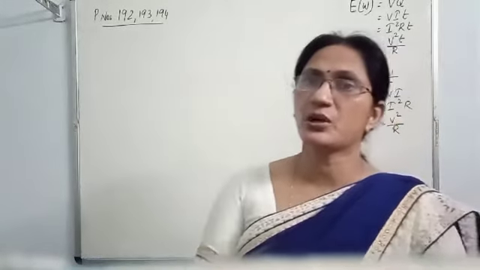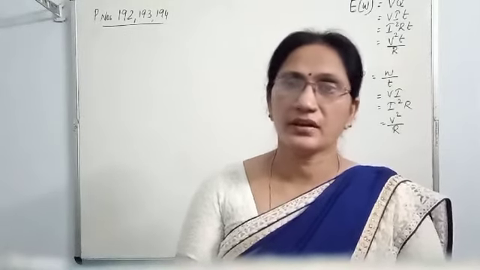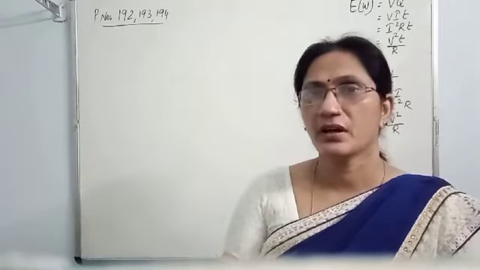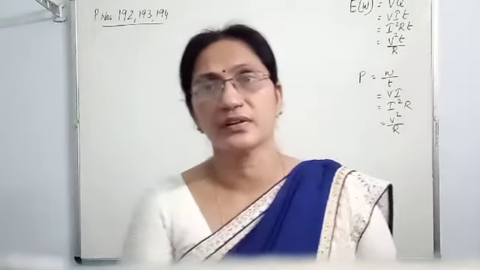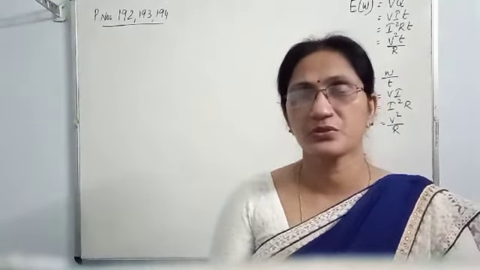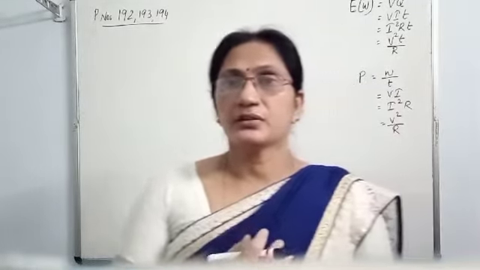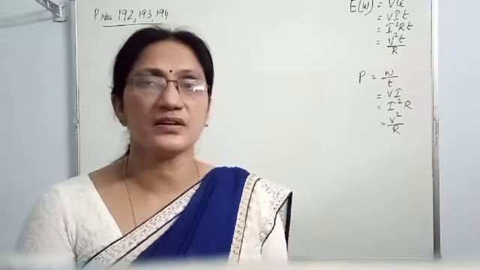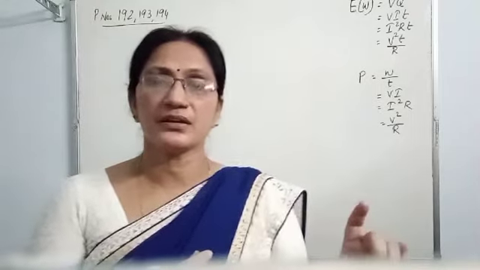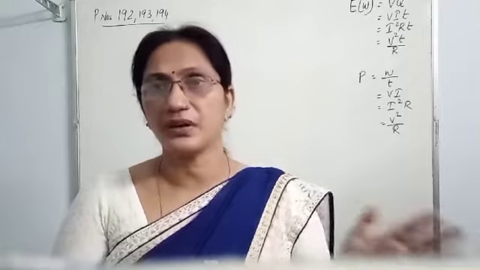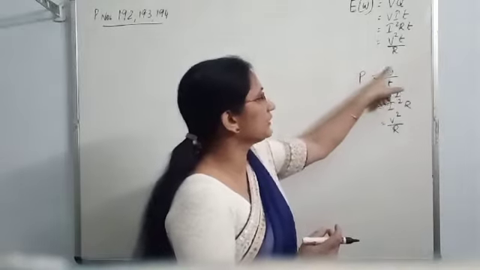You know, the commercial unit of electric energy is kilowatt hour. Electric energy can be measured in joule also, but the commercial unit is kilowatt hour. 1 kilowatt hour is 36 lakh joules. It was discussed in the previous video. Then for bill calculation, we have to calculate energy consumption in kilowatt hour, means power must be in kilowatt, time should be in hour. Then when power is multiplied with the time, you will get the work or energy.